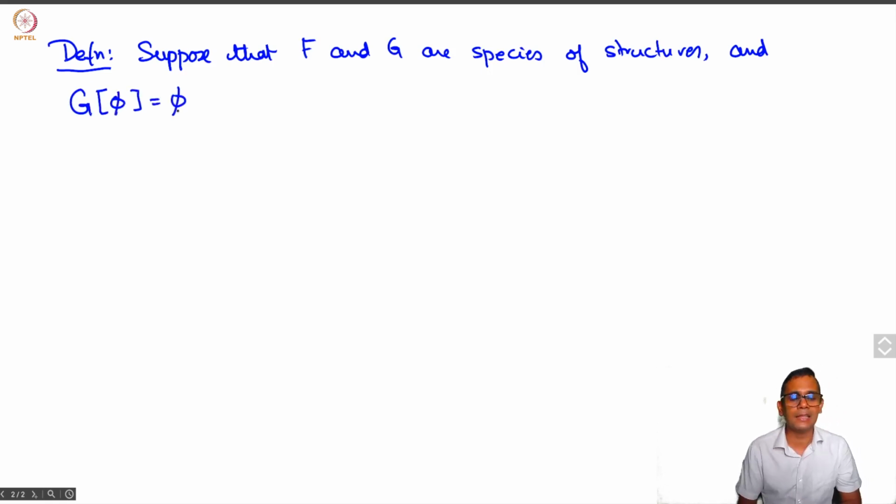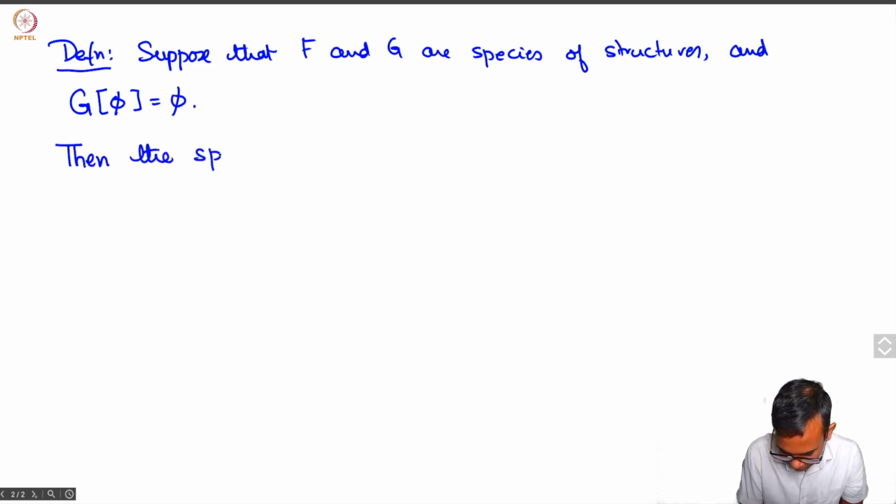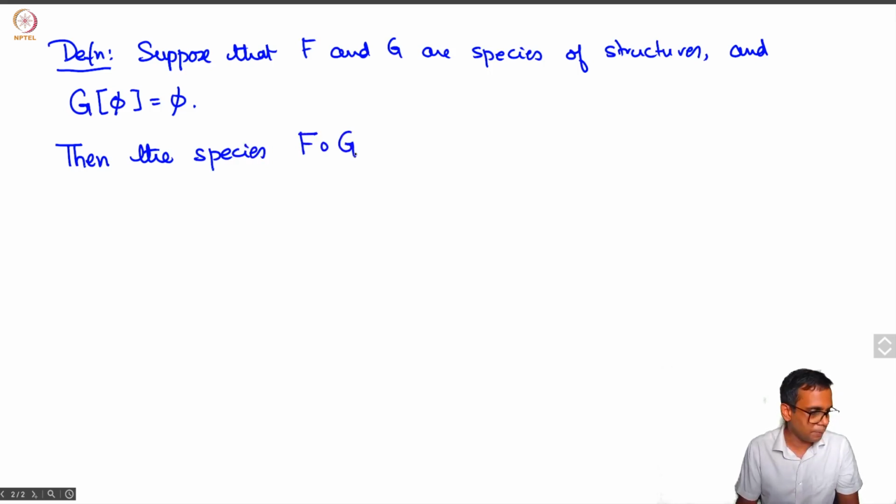This is certainly the case for rooted trees, because you need at least one node to have a rooted tree structure so that you can have a root. Then the species F circle G, which is called the substitution of G into F,